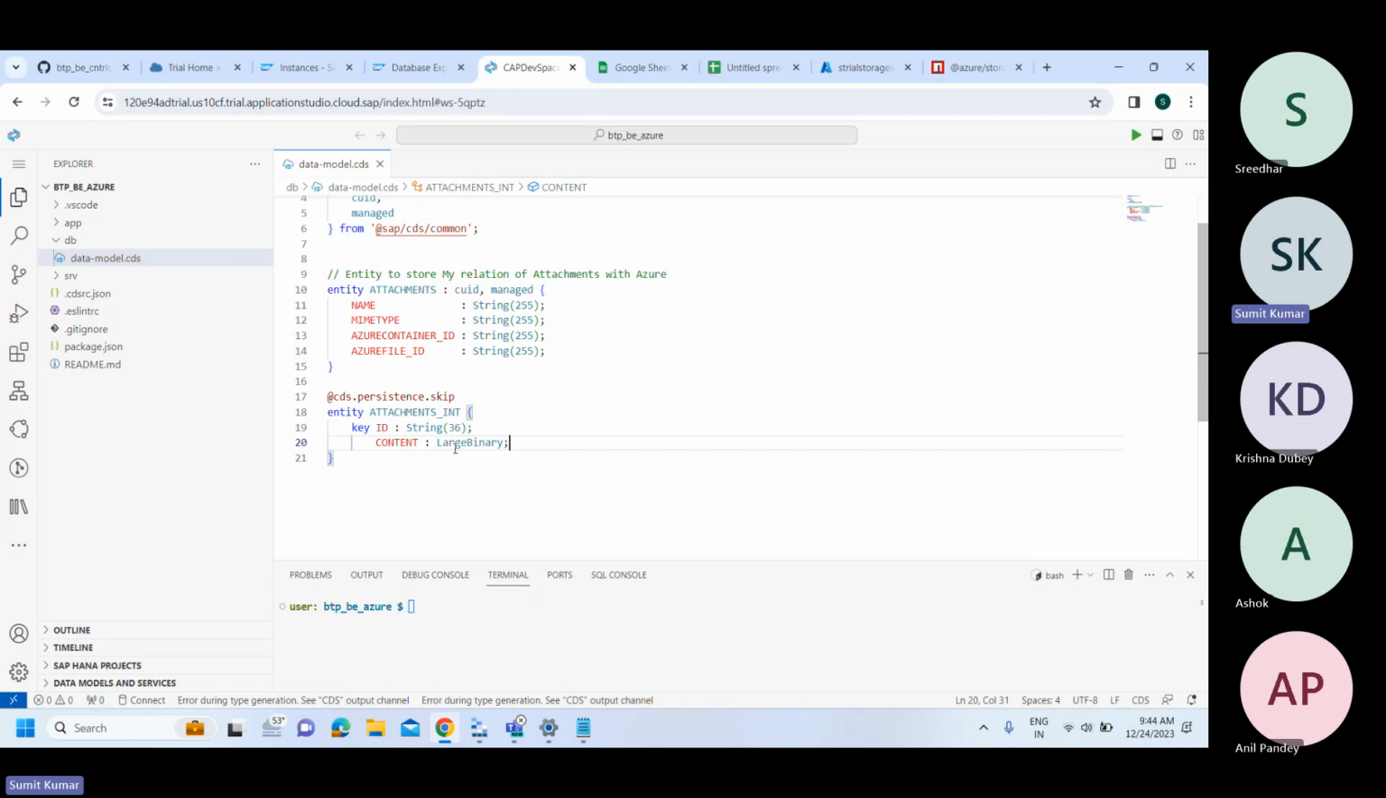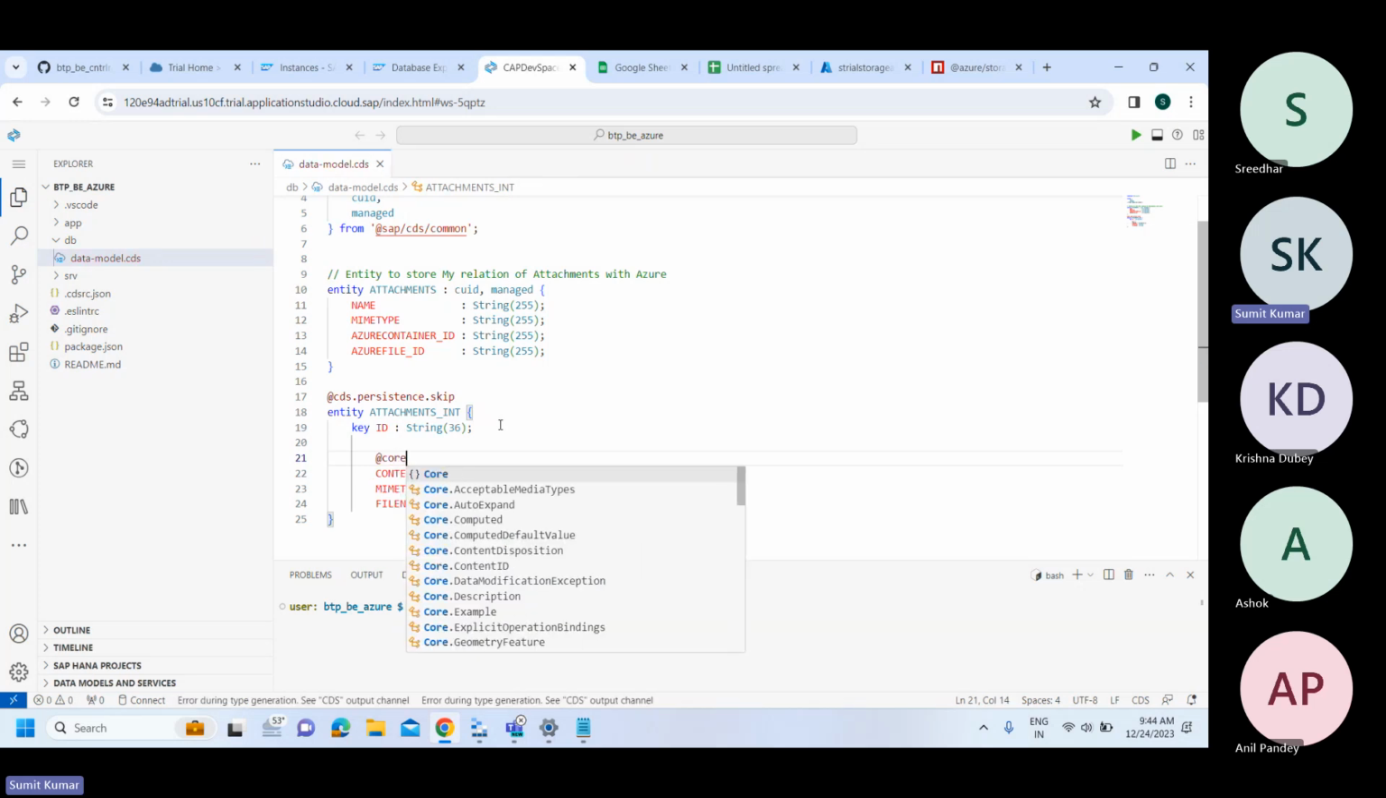Okay, and another one maybe we would need is a MIME type. Okay, and maybe we'll simply say string, and let's just say I would also need some file name. Okay, now what all things would we need in order for me to decide, or define, that this is a media entity. Let's just say these are core dot